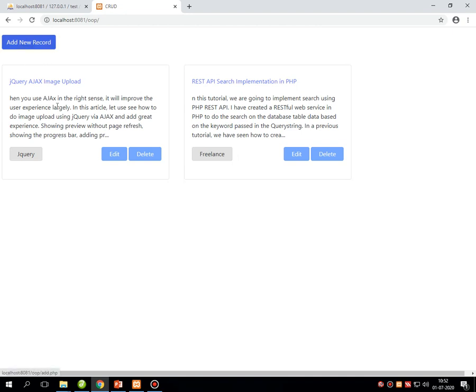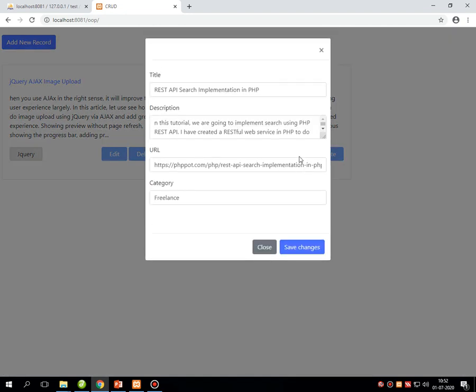Now suppose I am editing an existing section of this program. By clicking on edit, it returns this type of menu onto the screen where it shows the title, description, URL and the category. We will see how to implement this practically.